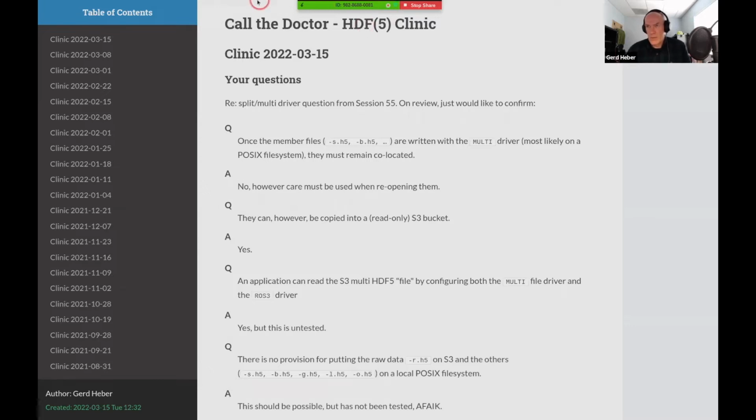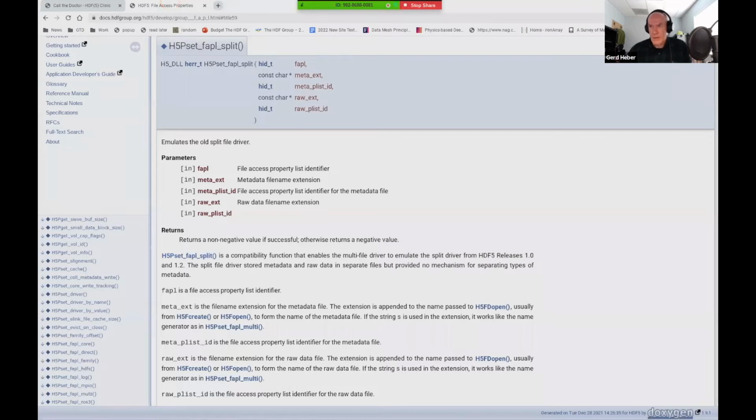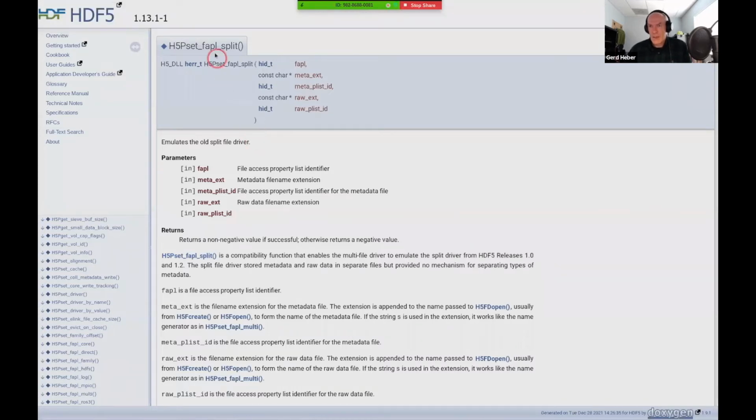And just before we continue, so that we are all in the same state of mind, all these virtual file drivers, you configure them through a file access property list. And so in the case of the split VFD, you would add a property to a file access property list through this H5Pset_fapl_split call. And that call has basically